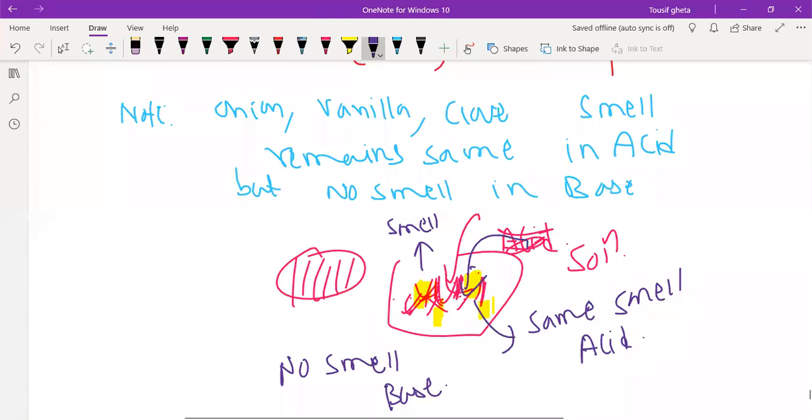Bharat is very fast, Umar is fast, Swayam very good, Shivan Gowda, Arun. So remember, when you add the base, it will get changed. If in your school they say to perform this activity, you can do it at home. In everybody's home, clove and vanilla essence will be there. If not, onion will be there. Chop one onion, that will be enough, and do this experiment.